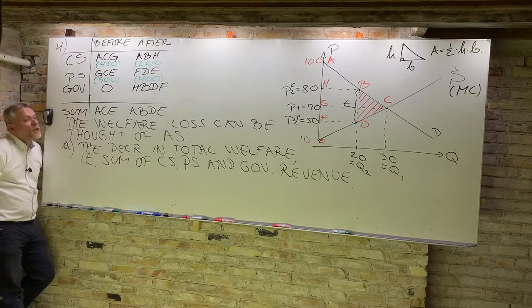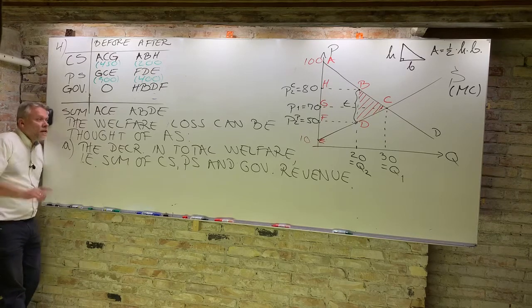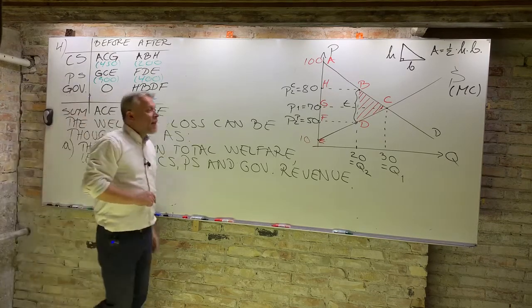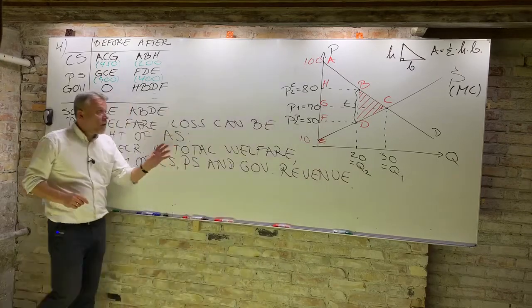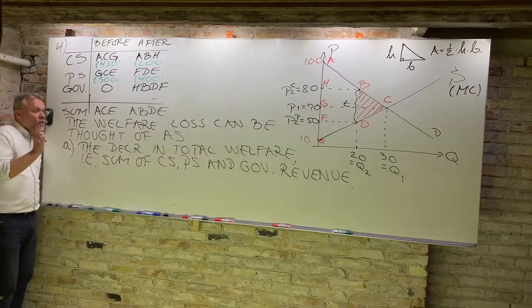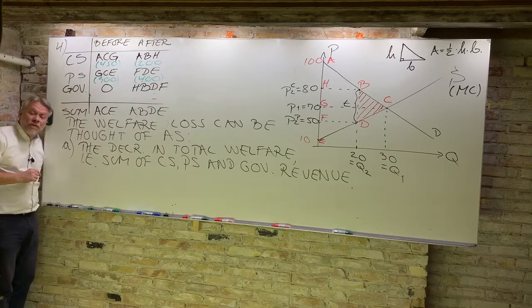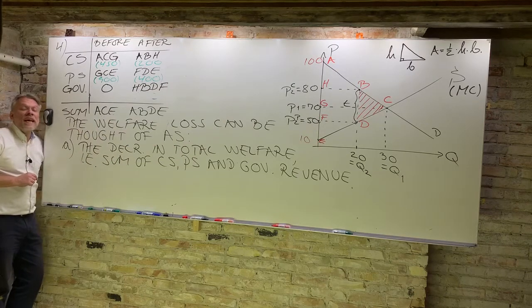However, there is also another way of thinking about it, which has two virtues. One is that, in my opinion at least, it's more intuitive. The other is that it means you can find the welfare loss in a couple of seconds, and I will try to persuade you of that in a couple of minutes when I've gone through it. And please note that's important,